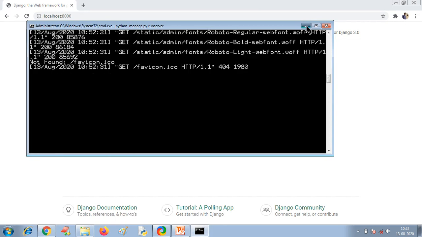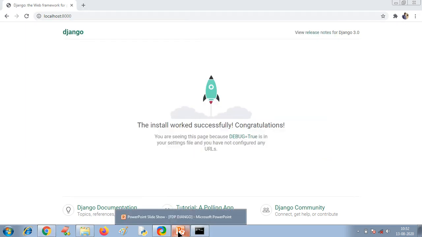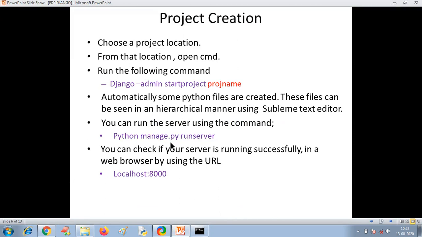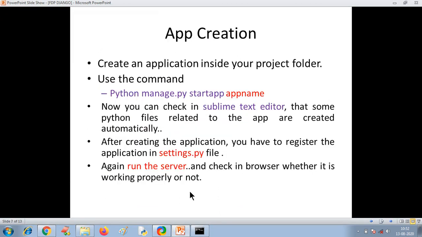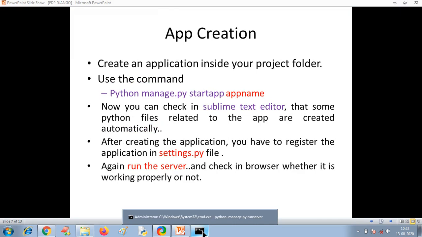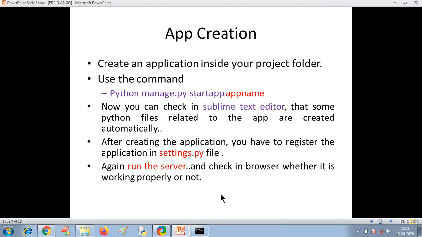Now you create applications. See, one project may contain many applications, many modules. Each of the modules can be considered as one application. Suppose login module, that is one application, or suppose a student module, that is one application.